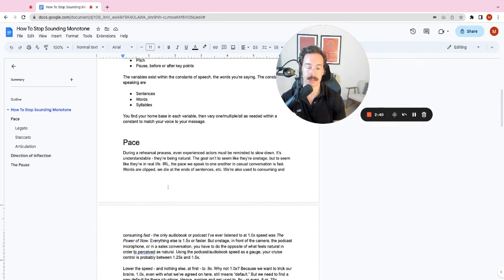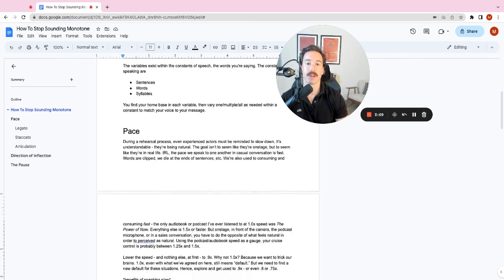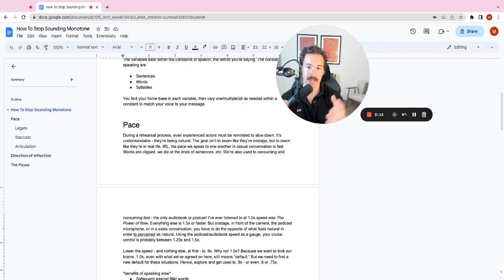So the first one that we want to look at is pace. This is a really common thing for a lot of people, is to talk way too fast, to rush through their words. Even if you are pronouncing things correctly and articulating well, have great resonance, and your pitch is natural, if you're flying through your words, it's still going to be tough for a listener or for the audience or whoever you are speaking to to keep up with you, to comprehend what you're saying. And that's one of the first things that we want to keep in mind here, sort of a meta skill or awareness: why are we doing all this? It's to be more easily understood, not just understood, but able to be followed so that we can be comprehended, right?